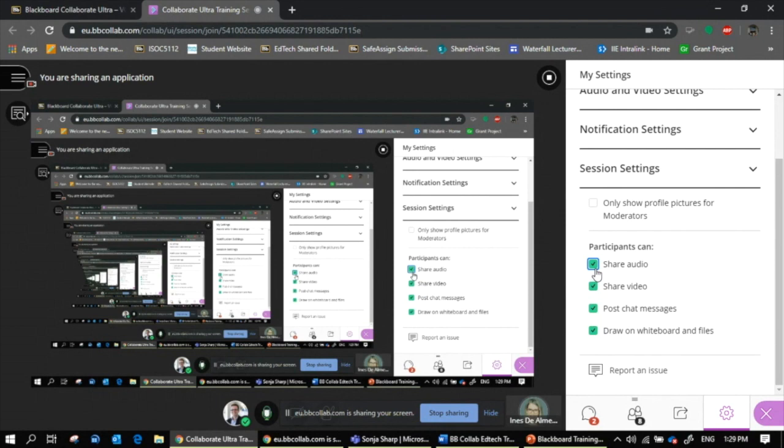You would also be able to choose these settings when you set up the Collaborate section itself. So you don't have to wait until you're in here to be able to do that. You can do it beforehand. All right, and